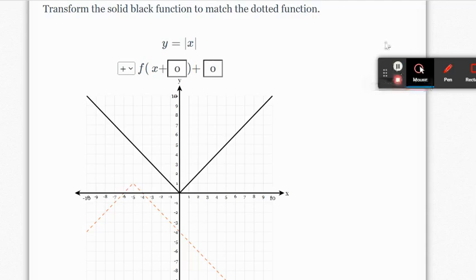All right, so what we're trying to do on these problems is to match a parent function with a transformed version of it. So our job is to put different numbers in here and we're discovering how functions shift. Hopefully we have a little background knowledge that the thing inside of here will cause the graph to go left or right,